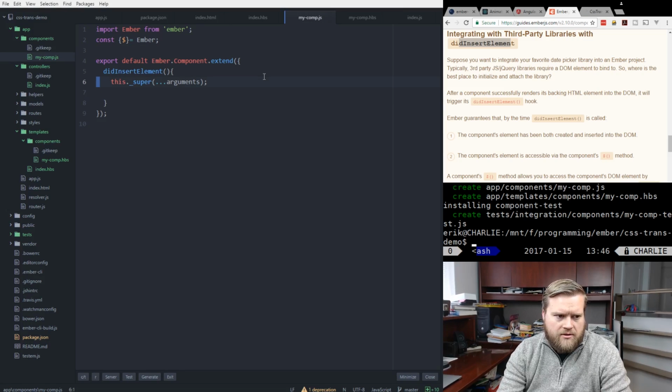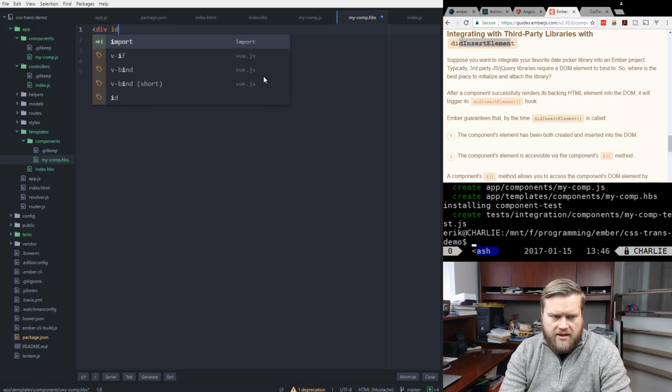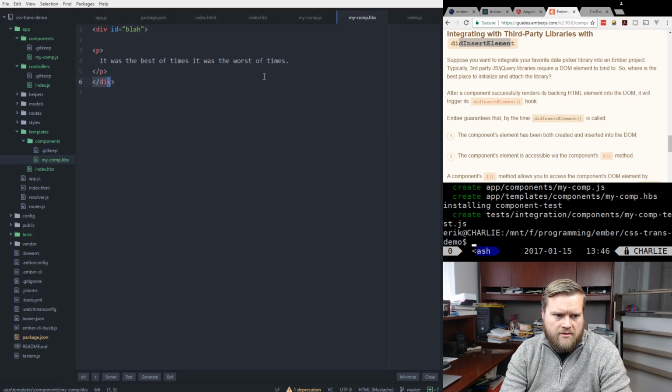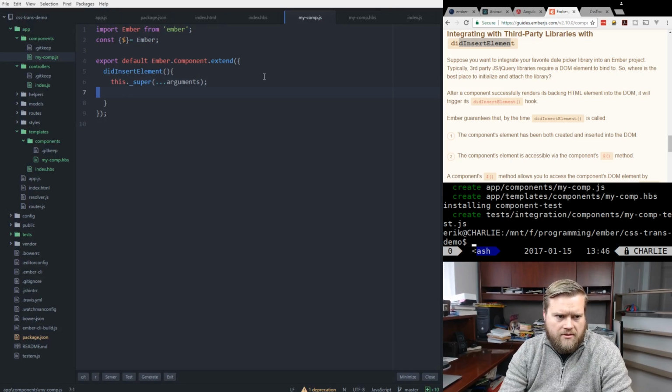Let's go back to our component for 1 second. And so we got paragraph tags here. Let's do this. Let's put a div tag here with an ID of, I don't know, blah. And we'll paste it right here. Okay. And we'll go back to the my comp where we're just at. And so let's see if this works. Let's do this. Blah. And we want to,